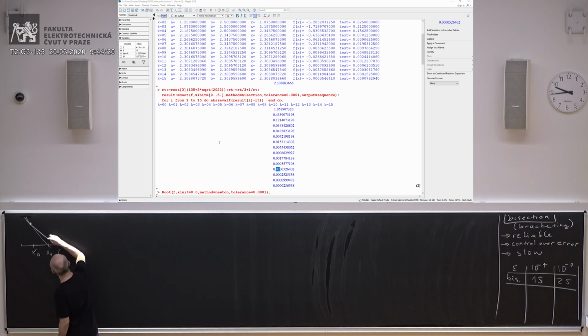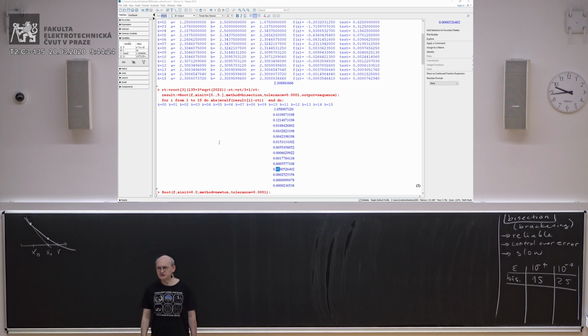And I'm sitting here now. Did I get closer to the root? Yes. Does it look like a good idea? I think so. Let's try it again. I take the tangent line,